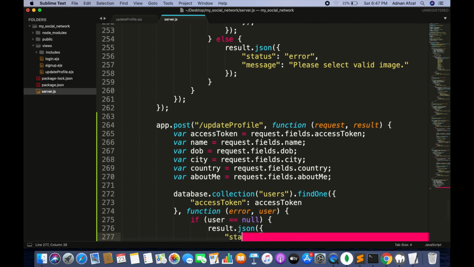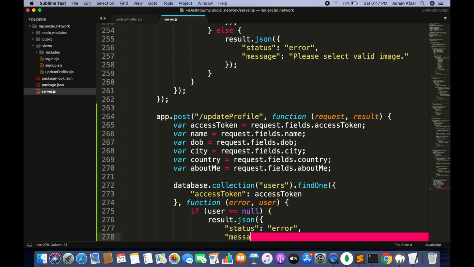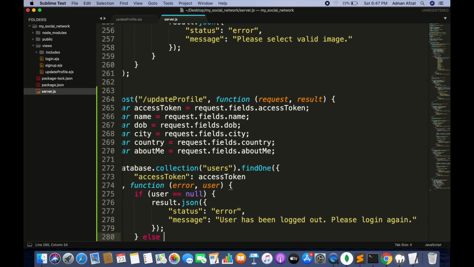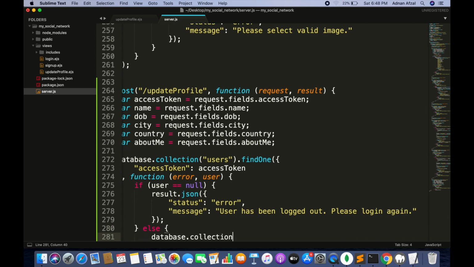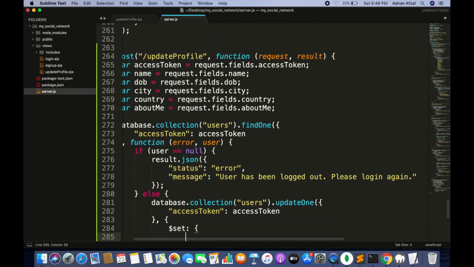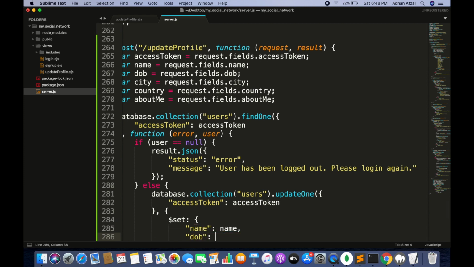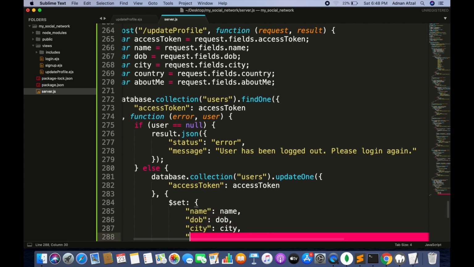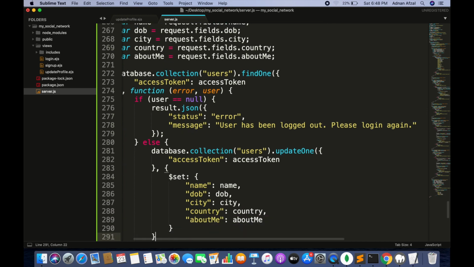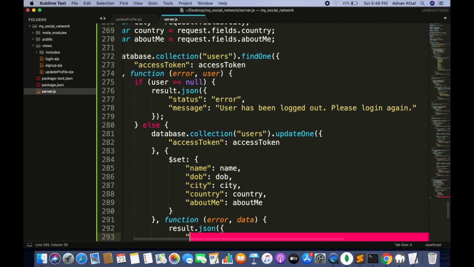Then simply send a response back to the client that the user needs to log in again. And if the account exists, then update all the fields in user's collection using his access token. Then send a success message back to client that his profile data has been updated.